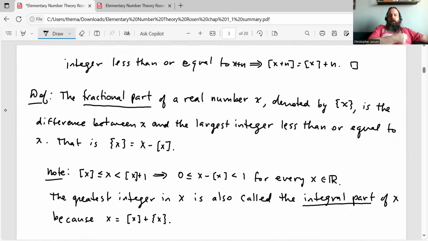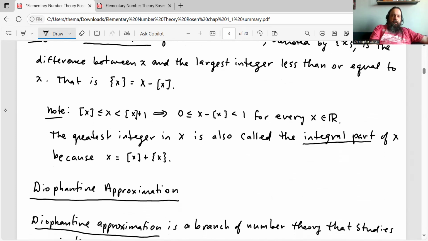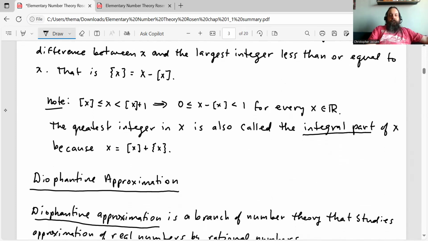So if you see that here in Rosen's book, by the context, it should be clear what we mean, is the difference between x and the largest integer less than or equal to x. That is, the fractional part of x is equal to x minus the greatest integer in x. All right, and just a note, the greatest integer of x is less than or equal to x, which is less than the greatest integer of x plus 1, which implies that 0 is less than or equal to x minus the greatest integer in x, which is less than 1, for every x in